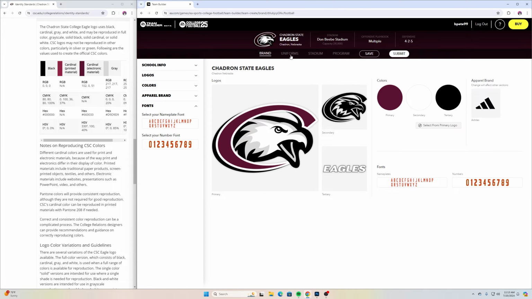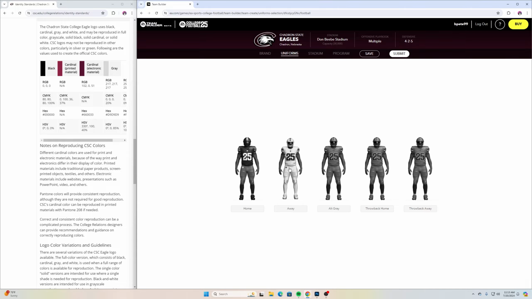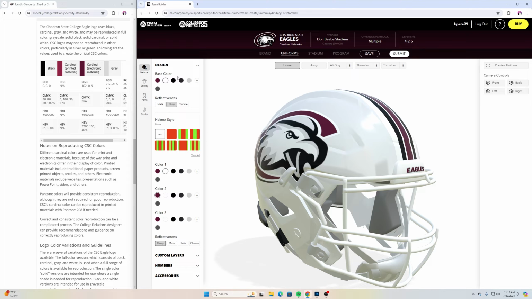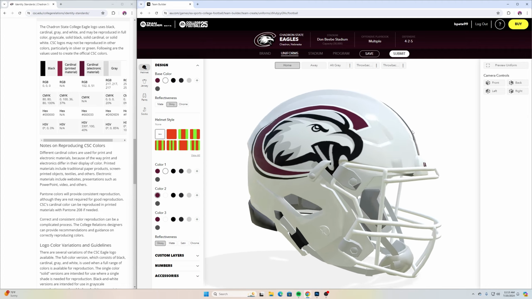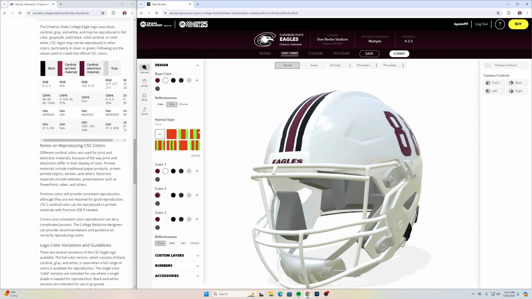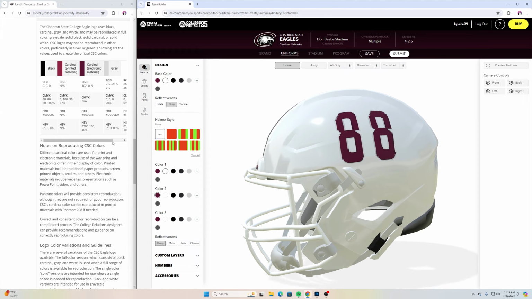So there is our branding information. Now let's go over to the uniforms. They let you have 5 uniforms. It's like, what? Only 5? But if you figure each one's going to have different jersey and pants and maybe helmet, that gives you a lot of mix and matches, a lot of possible combinations with that. So pretty awesome for that. I think back in the day, maybe you could have 3 or 4. We'll go here to the home, and we will start with the best part of the whole uniform, in my opinion. It's the awesome